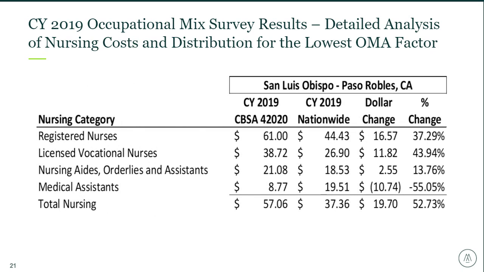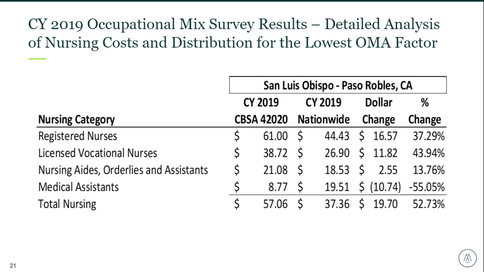So upon review of this CBSA, the reported data appears to be skewed towards using higher registered nursing personnel than lower options such as nursing assistants and medical assistants. This is likely due, in part, as I mentioned, to the mandatory nurse-to-patient staffing ratios implemented by the state of California. However, it could also be due to incorrect reporting.